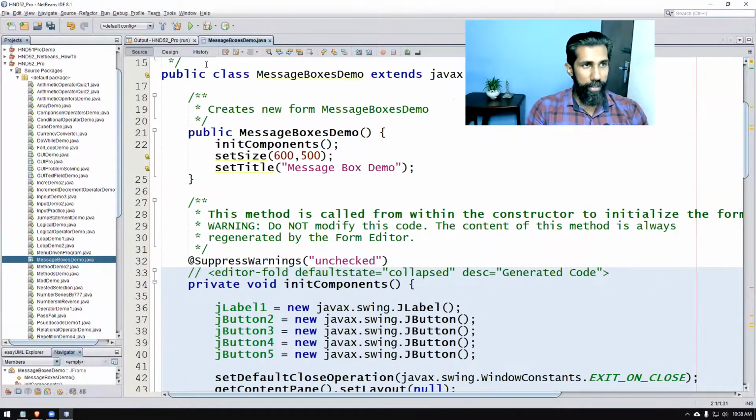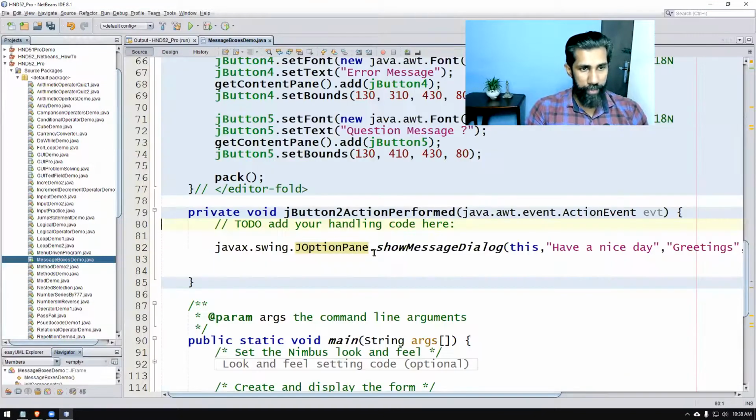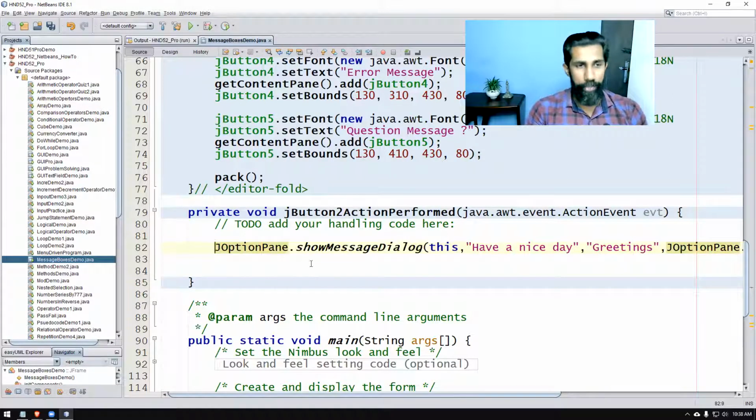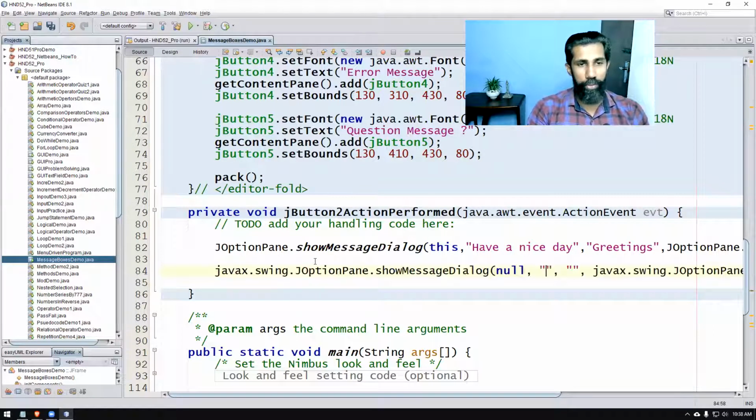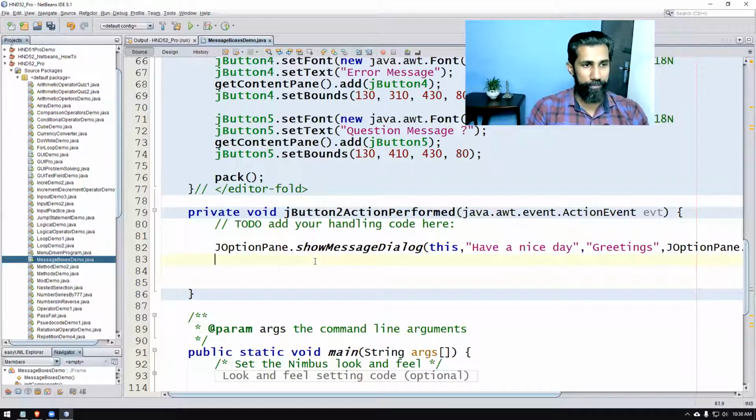Let's go to the code once again. Hereafter I don't have to type javax.swing, so I can directly code JOptionPane. Remember, showMessageDialog. On my computer, I have actually coded this in a way that I can auto-generate that code. I'll show you at the end how I have done that. On your computer, if you type JOP and press the tab key, it won't come. Now, when you type sout, it is coming. So that is code templates. I am using my own code template, so it is generating the code.